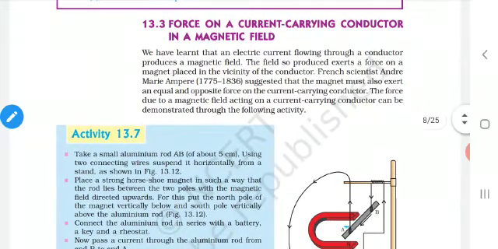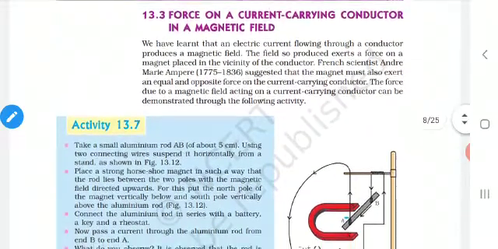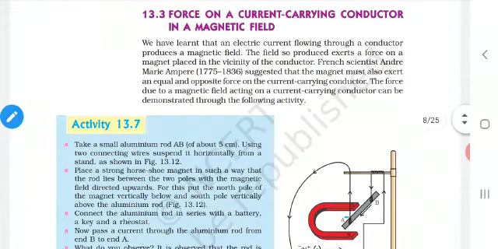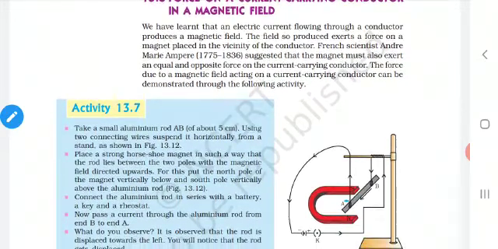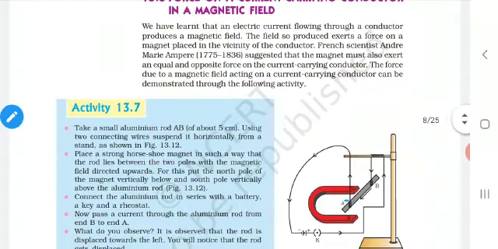Listen children, first let us see some of the basics. Consider a magnet. We already know the like poles will repel and the unlike poles will attract. That is, the North Pole and the South Pole will attract, isn't it? Then I'm asking you one question. If a current carrying conductor, that is a straight line conductor, which we have seen in the previous class, is placed near a magnet, what happens?